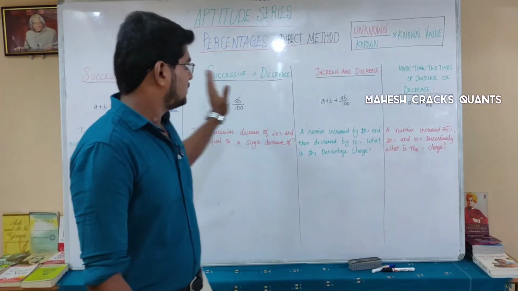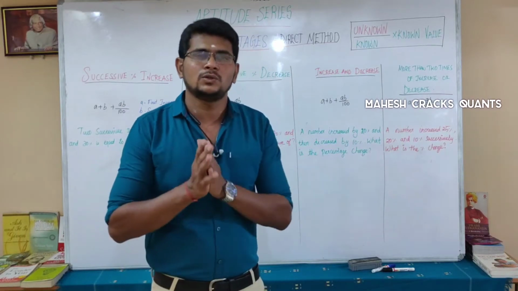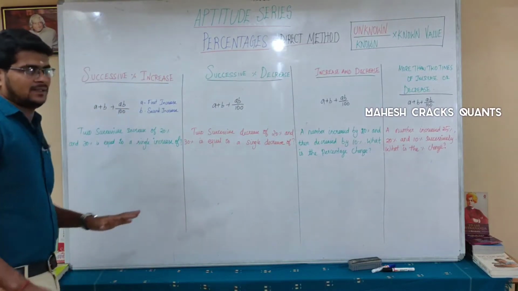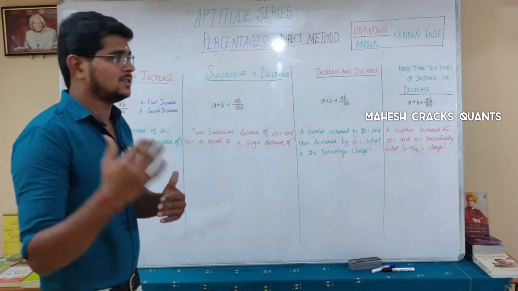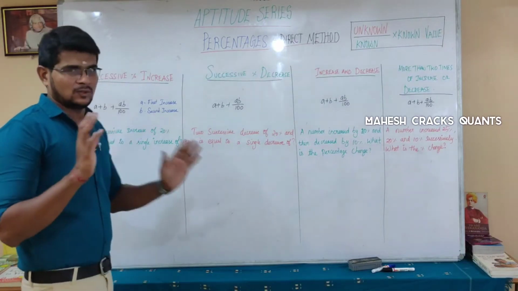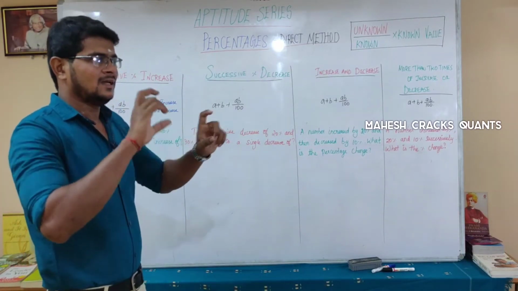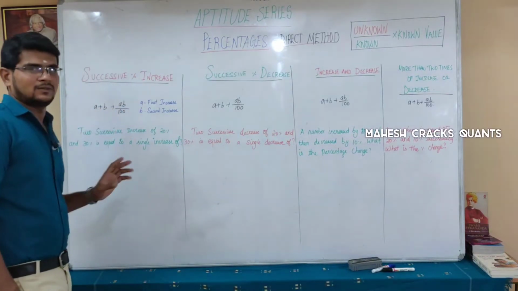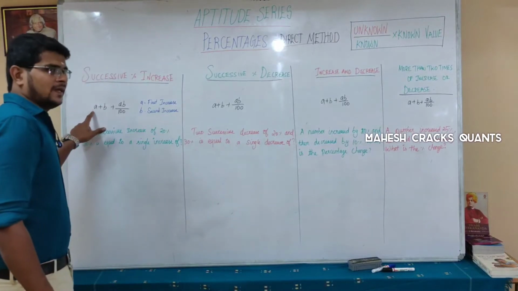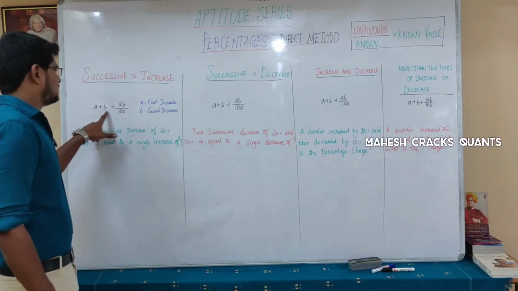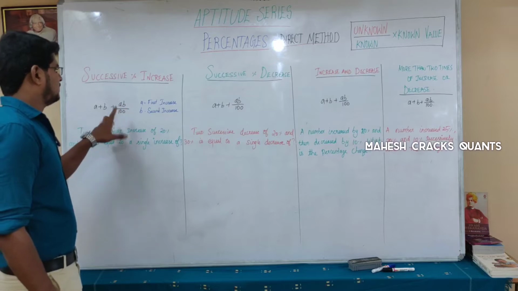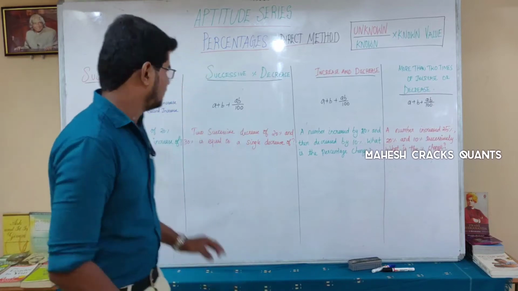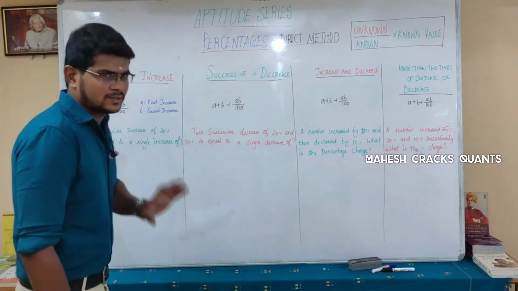First of all, in this successive thing, we are going to use one formula, which is a plus b plus ab by 100. Since the increases are happening successively, we cannot add a plus b alone. So if the next increase is happening, then you have to use this formula. For example, a is the first increase, b is the second increase, a into b divided by 100. The formula is very simple: a plus b plus ab by 100. Without the formula we can also solve it.